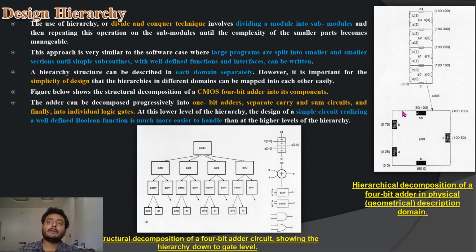In front of this you can stack another full adder cell at 100 comma 200, then 100 comma 300 and 100 comma 400. This is how it looks in the physical domain, in terms of layout when you go for a chip. So this is the physical decomposition we can perform. This is all about your design hierarchy, which we already discussed in the very first lecture also.